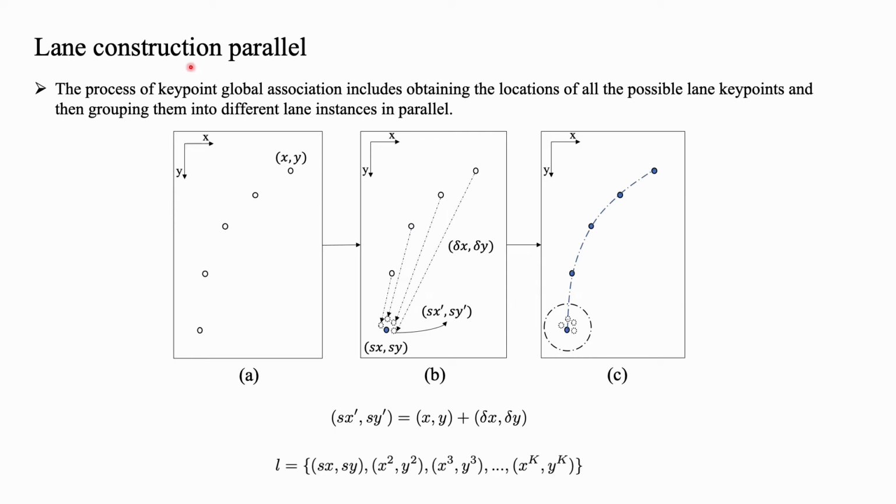To obtain the starting point of each lane, we select key points whose values are less than 1 on the offset map. By this means, the instances of all the lanes are determined with their starting points. Afterward, we associate the rest key points to their belonged lanes according to the estimated offsets, which is shown in Figure B. Each key point estimates the coordinate of the starting point as follows. As shown in C, key points that point to the neighborhood of the same starting point are grouped to produce a whole line. The above are done by matrix operations to ensure parallel association.